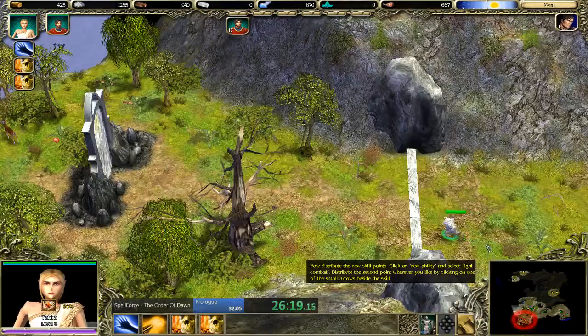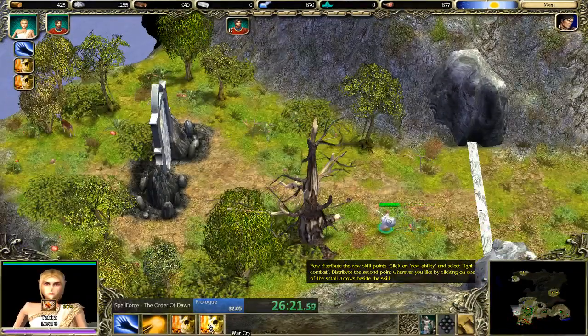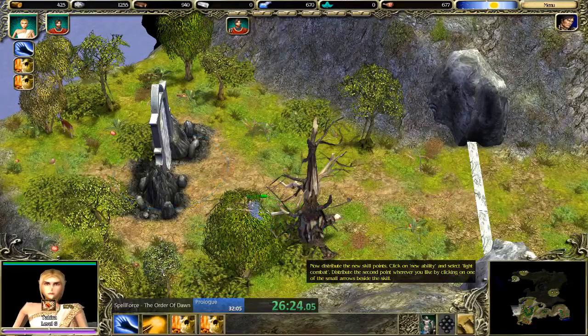Now distribute the new skill points. Click on New Skills and select Light Combat. Distribute the second